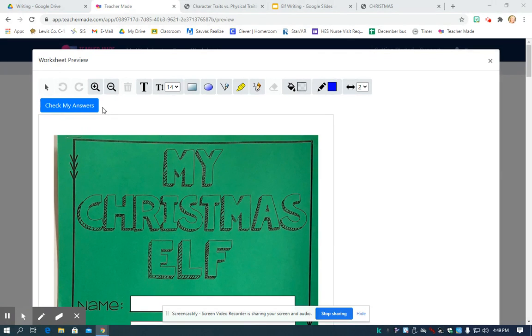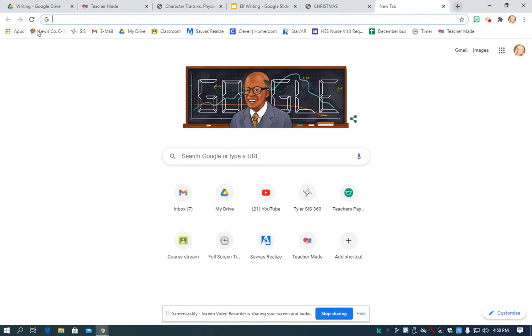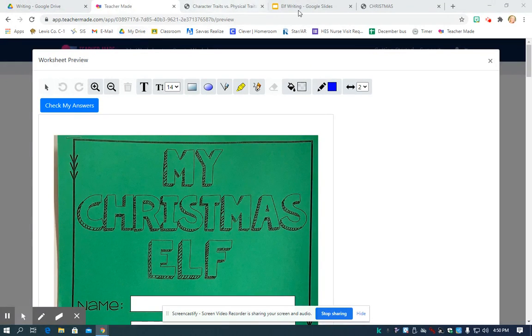Okay. This next part's very important. When you click I'm done, please go back to Google Classroom and click that, mark it as done. Okay, so let me see. I'm not going to be able to show you because on my Google Classroom it looks a lot different, but just go back to Google Classroom. So if you go to Google Classroom up at the top and you make sure you click on my class, if you go to the classwork